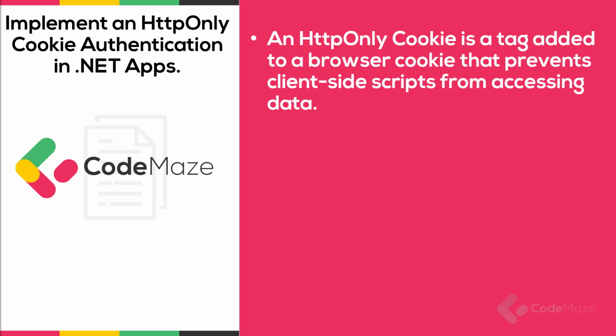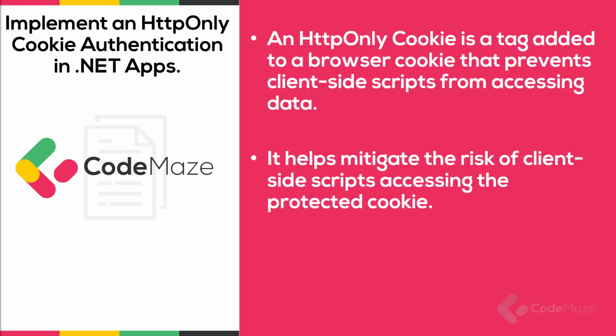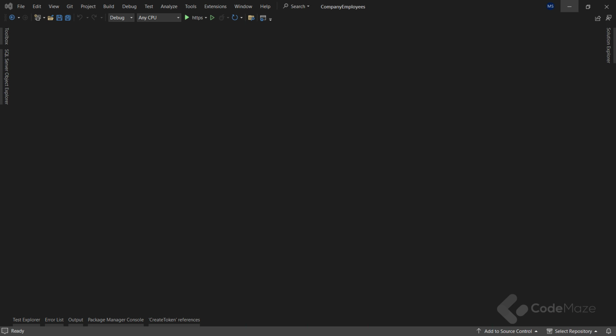An HTTP-only cookie is a tag added to a browser cookie that prevents client-side scripts from accessing data. It provides a gate that prevents the specialized cookie from being accessed by anything other than the server. Using the HTTP-only tag when generating a cookie helps mitigate the risk of client-side scripts accessing the protected cookie, thus making these cookies more secure. So, with all this in mind, let's see how we can implement the HTTP-only cookie authentication and refresh token action